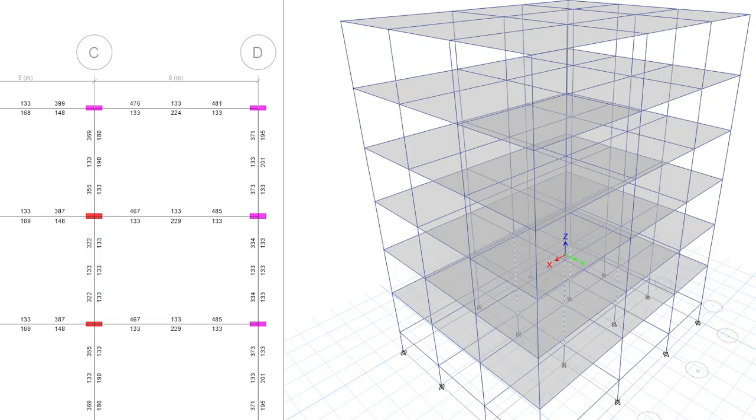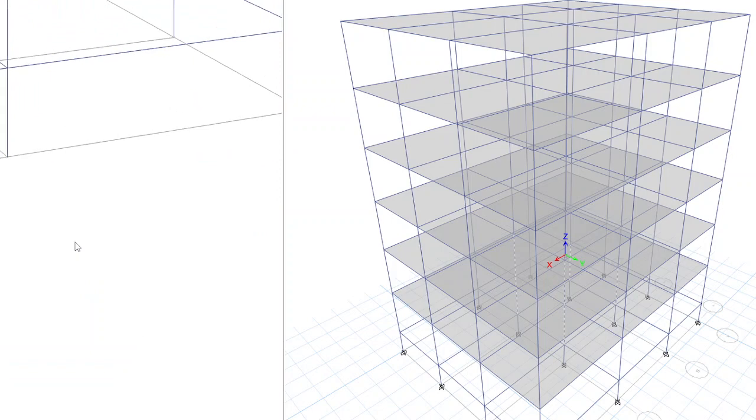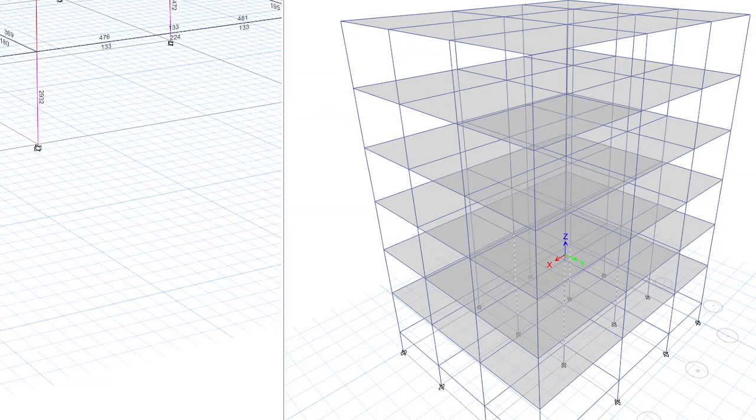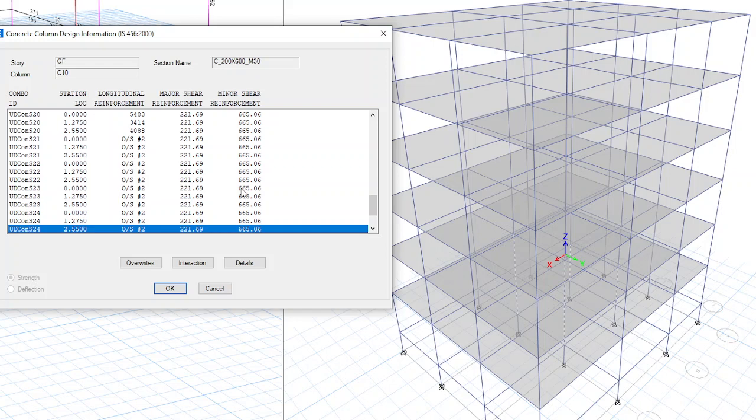That one you can manually design and check for that particular force. For that red column, if you right click, it will show the governing combination. It will show the result summary, where it highlights which combination is governing.